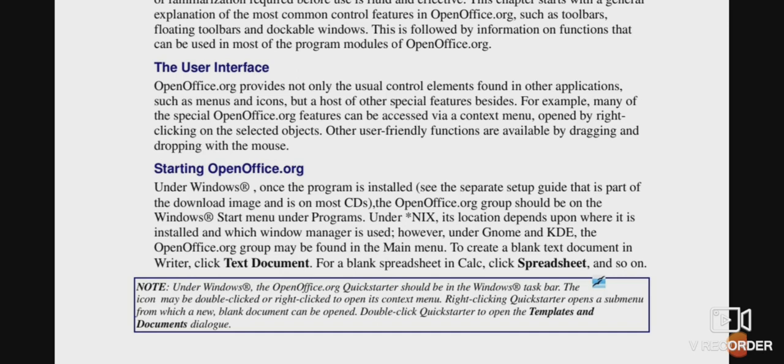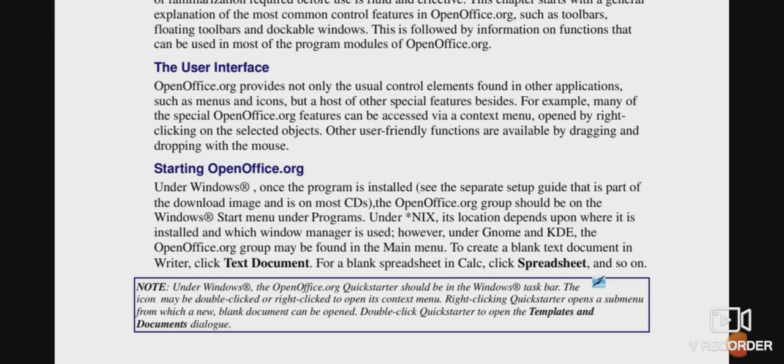So children, how will you open this word processor? On your desktop or your laptop, you will click All Programs. Then there you will find OpenOffice, and then you will click OpenOffice.org Writer.